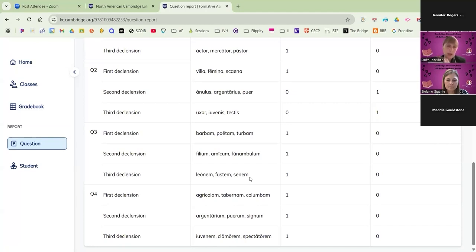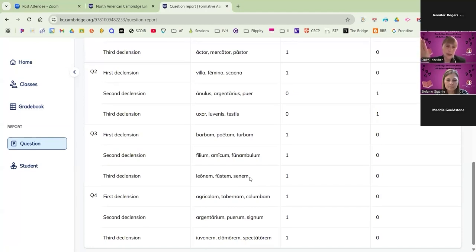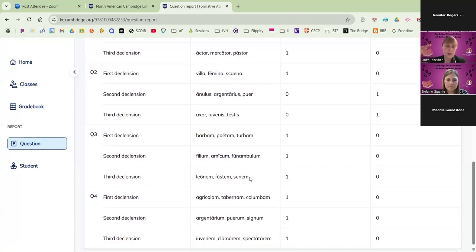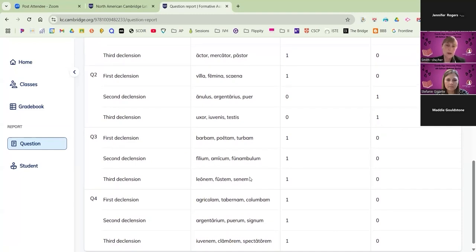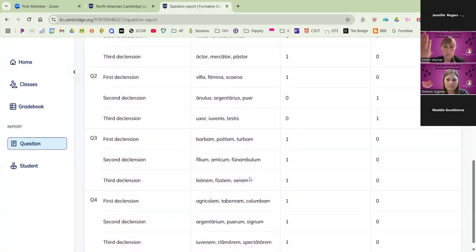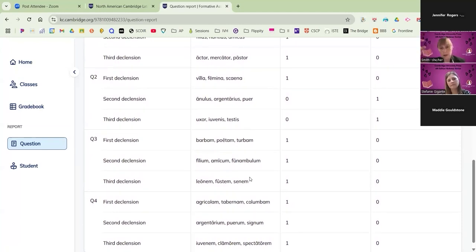And how we can get them to mark on the data that we have before us so that they have very clear, specific information about their learning so that they can improve it on their own. And I think just marking something like puer, if you printed out a sheet, they would have an idea about what they need to work on in the future.